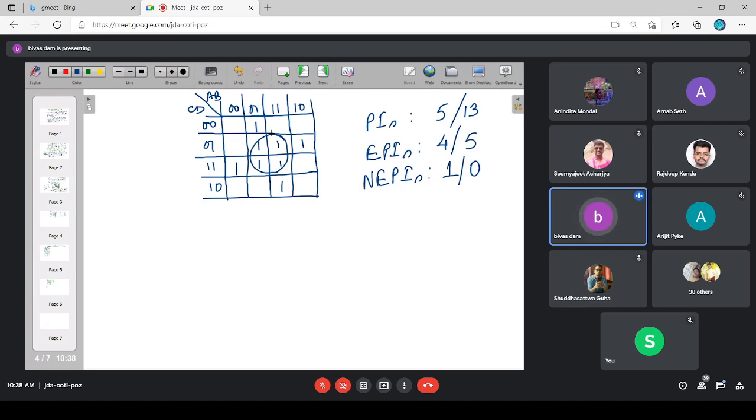Is there any other group of 4 cells? No, sir. So at which level were you when you formed that quad? At n equal to 2. So now I have to check whether at this n equal to 2 level I have covered all the ones or not. Have I covered all the ones? No, sir. Then I have to go one step below to n equal to 1 level. That means I have to go for the pairs.